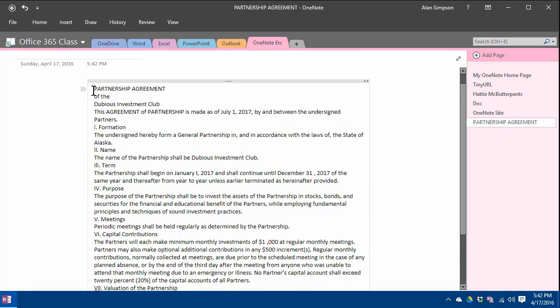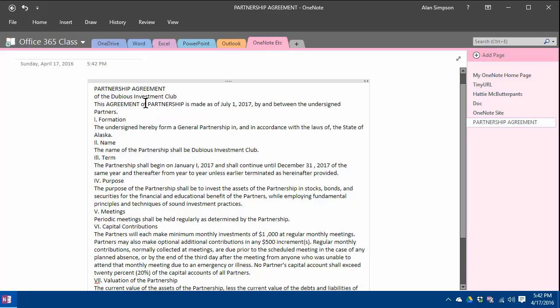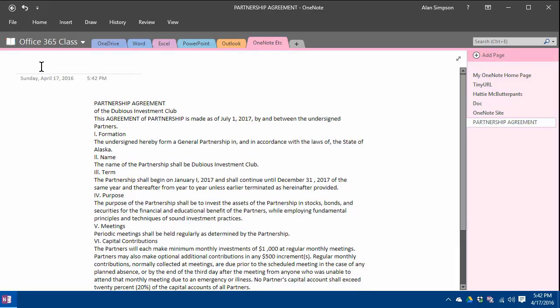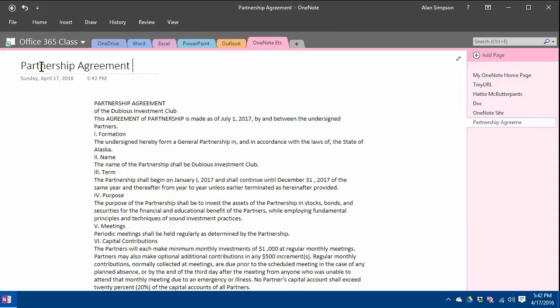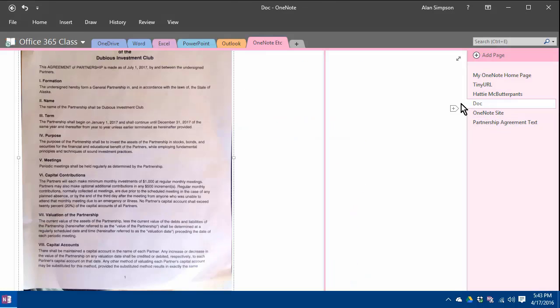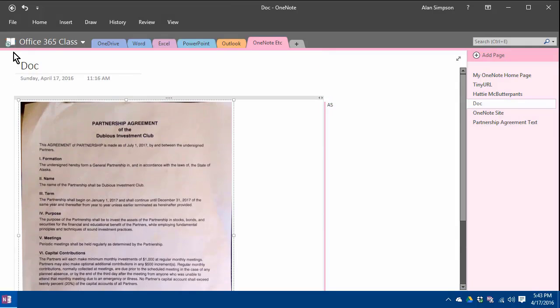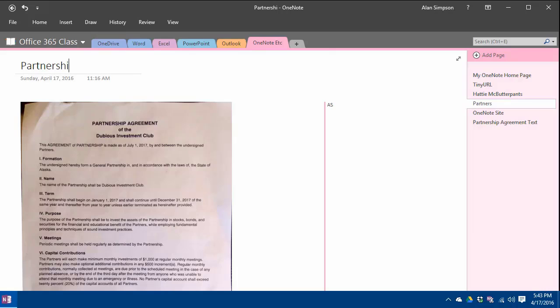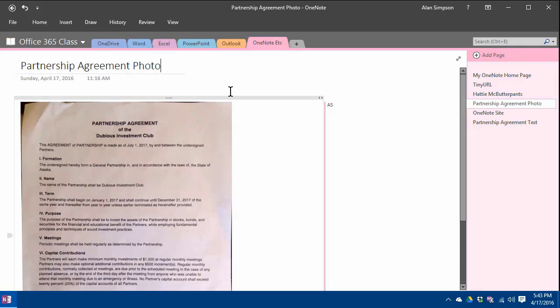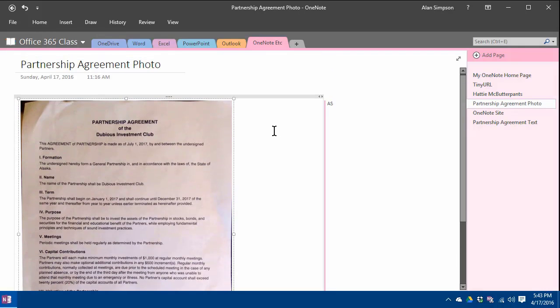And that's what you can then edit here in OneNote, or you can copy and paste it into Pages or Google Docs or Word or whatever you normally use for your text editing. Now, since they're here, I might as well keep them in here. And in fact, it would probably make sense to give them more meaningful names so that they're easier to find in the future, when I'm looking for them two years from now in OneNote. So I would save both. I would save the photograph and the edited version,